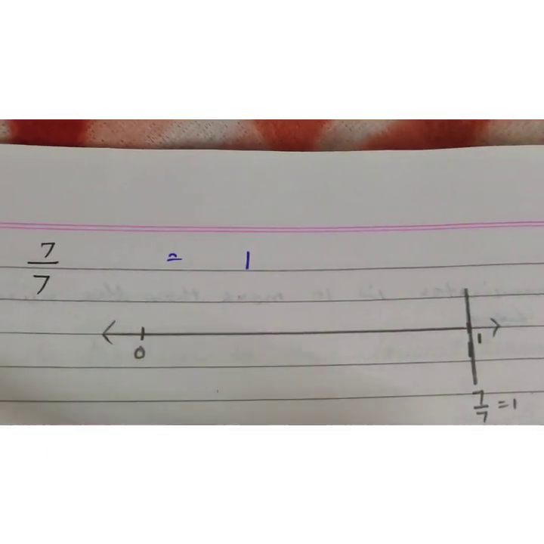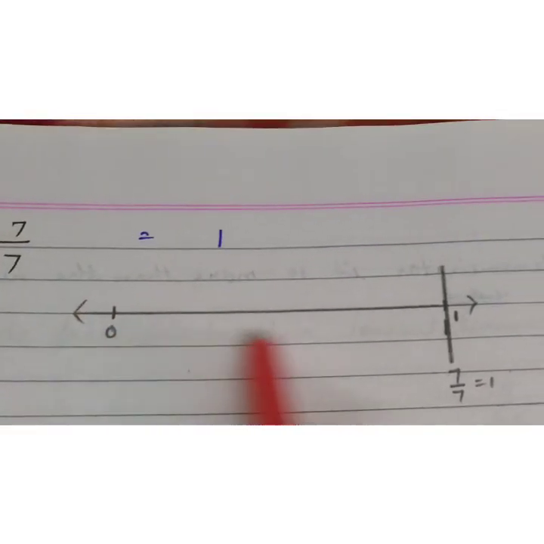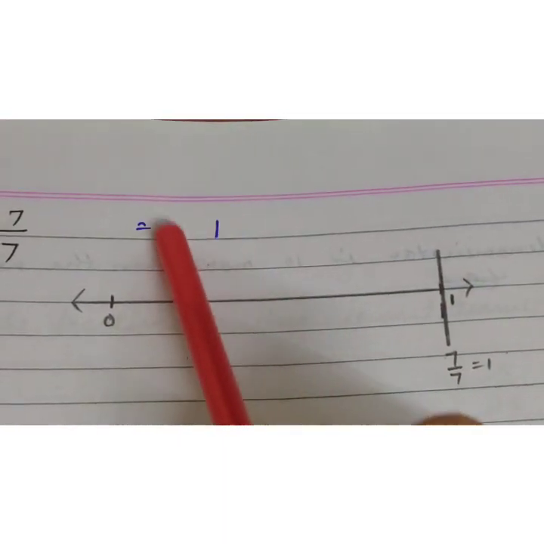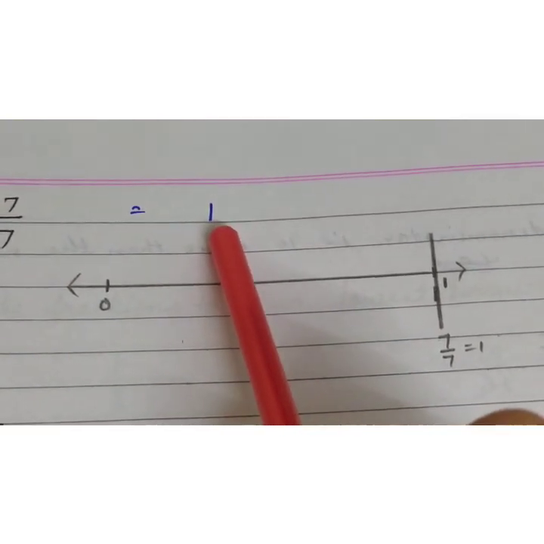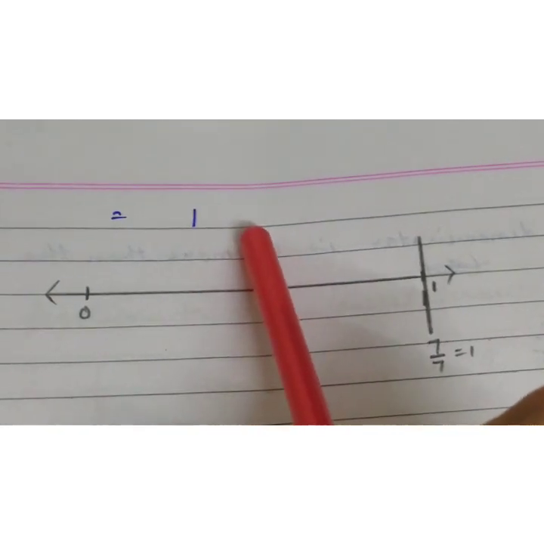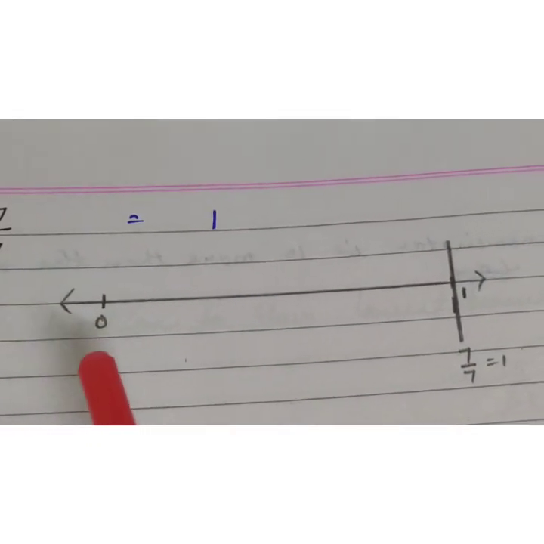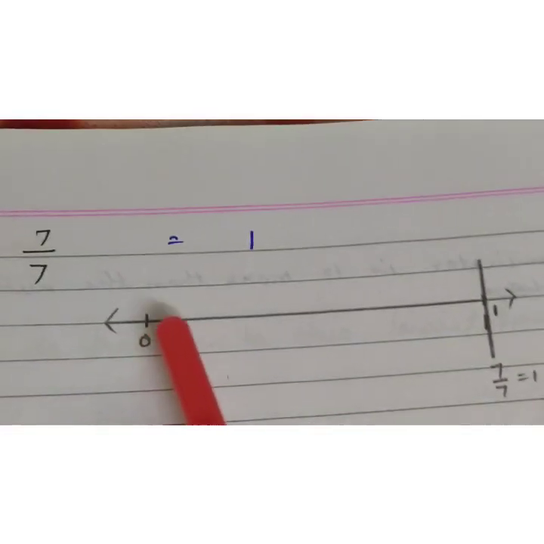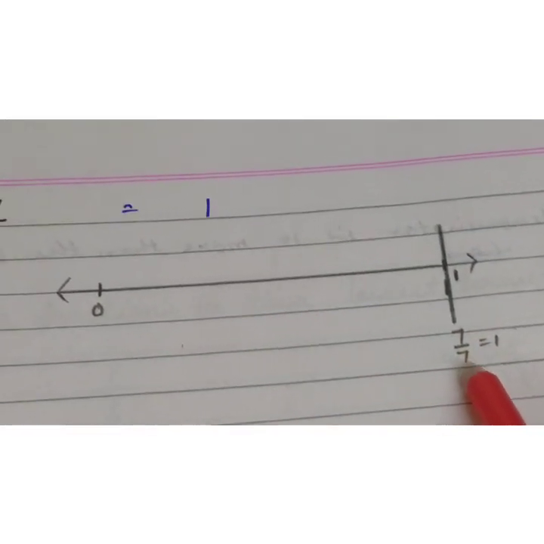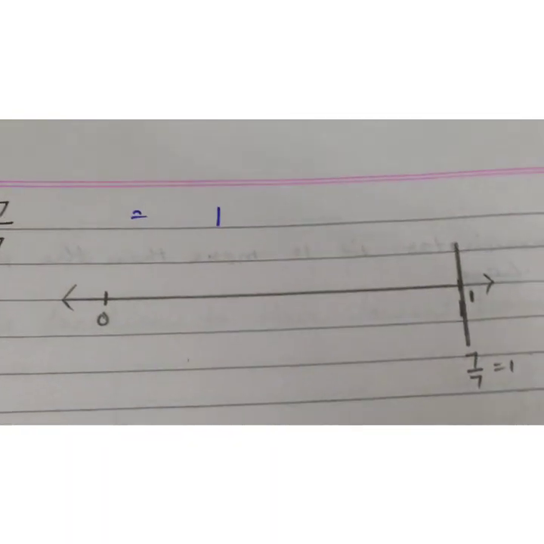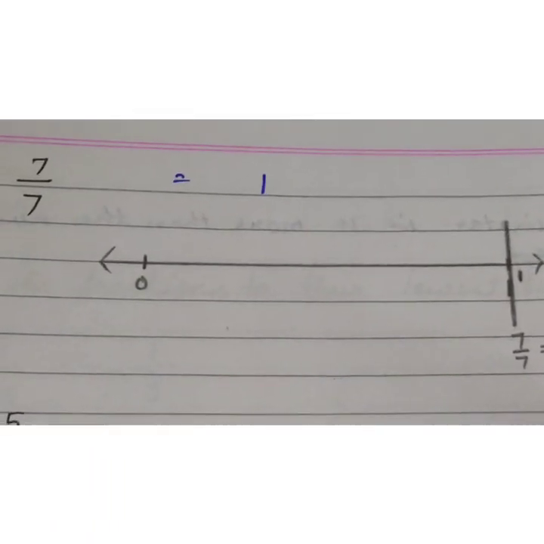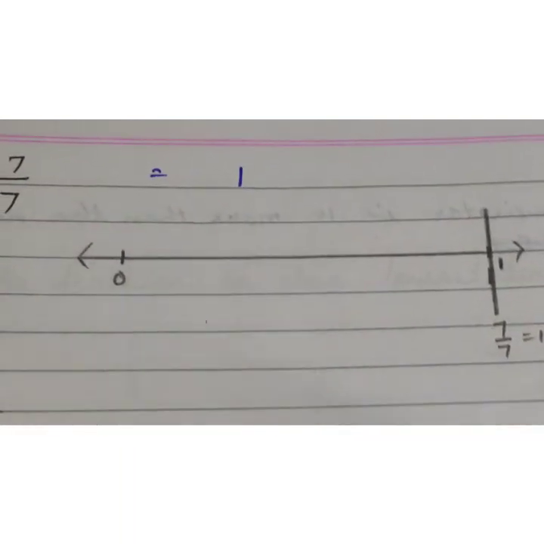So firstly, this is very simple, kids. Firstly you have to draw a line. You will add 0 here and 1 here, because you can see there is only a whole and no fraction after the whole, no proper fraction, so that is not a mixed fraction. So you just have to stop here, at 0, and take the 1, which will be 7 upon 7, since 7 upon 7 is equal to 1. Because when you divide 7 by 7 you get the quotient 1.